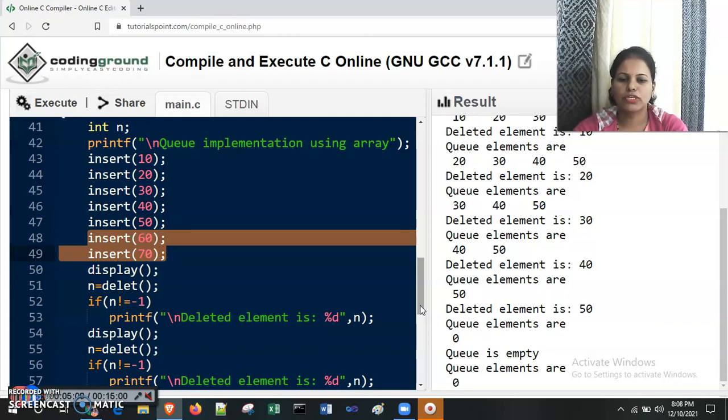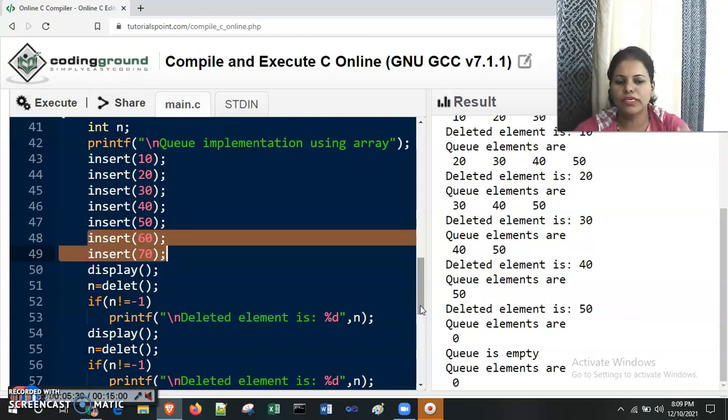So this is the limitation of linear queue. If the rear is at the last position, then we give the message as queue full even though there are spaces at front. So this limitation we overcome by using circular queue.